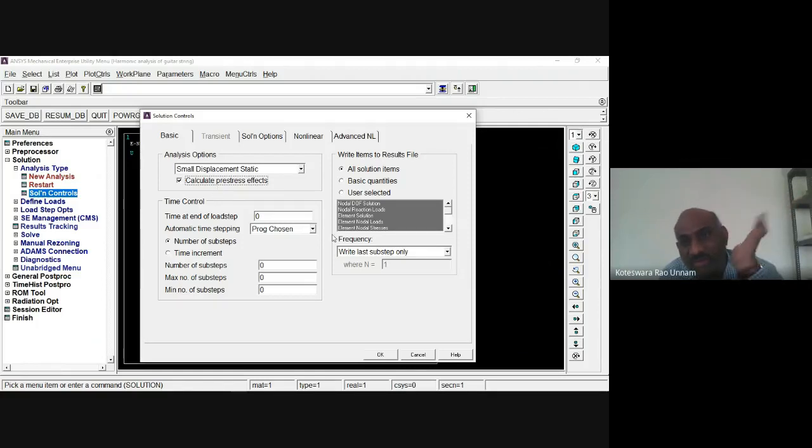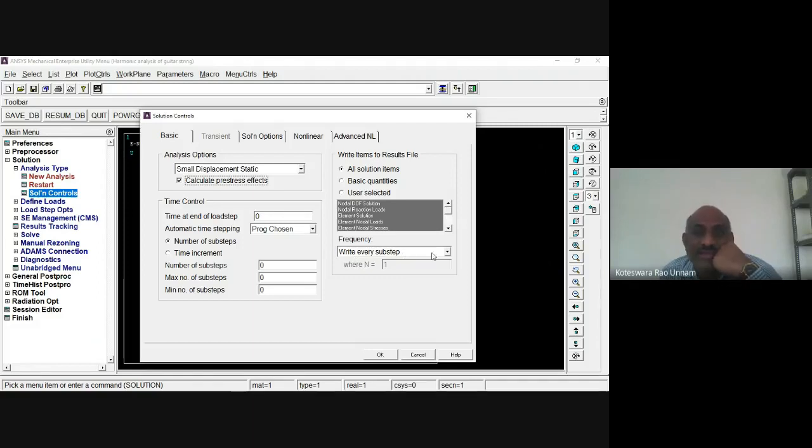Only if you want to transfer it, you need to use this. Also, under results file, you need to select the option called write every step. That means while solving the problem, the software will calculate the results at a given number of load steps. And if you want those results as a printout, you need to use every sub step.